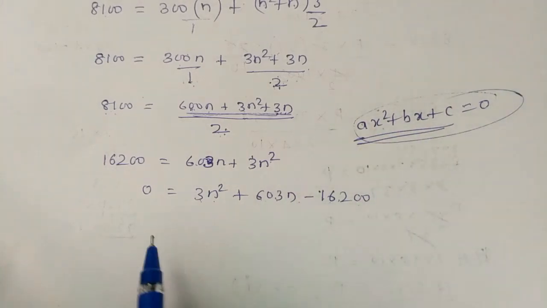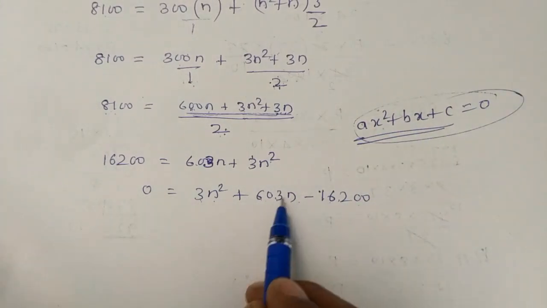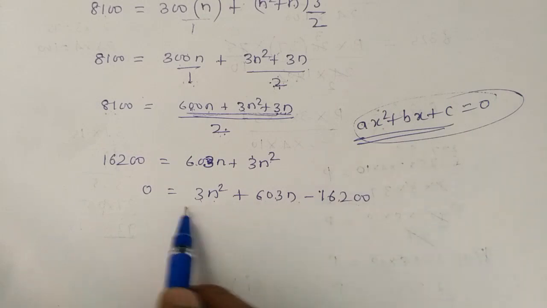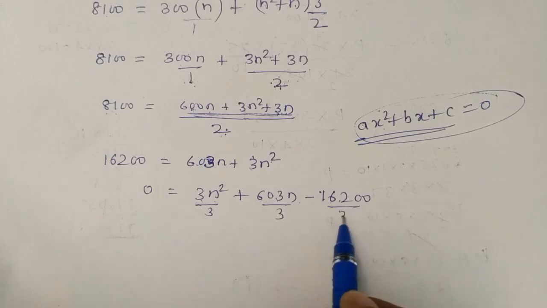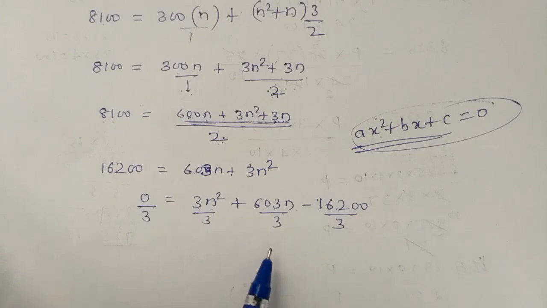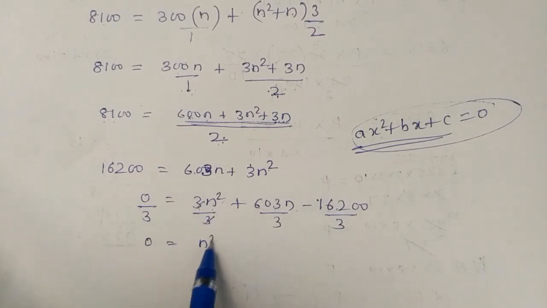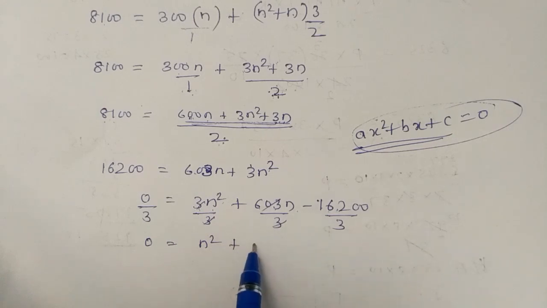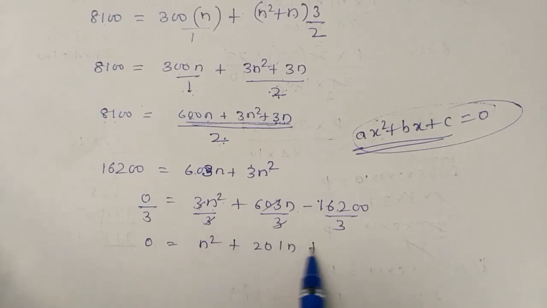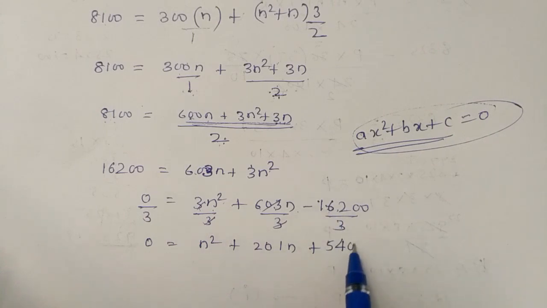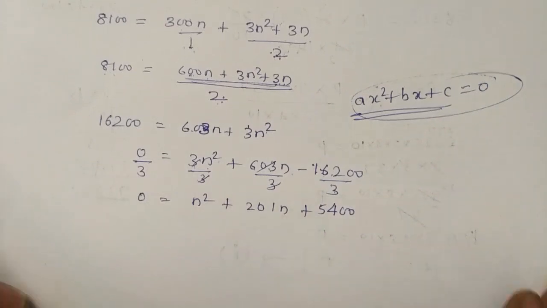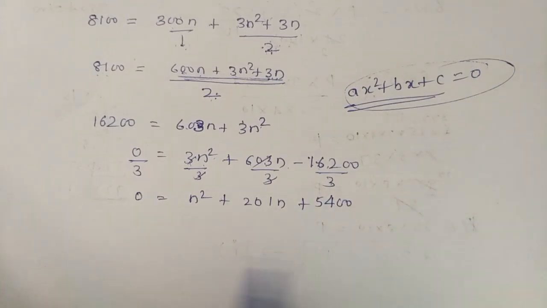Quadratic equation standard form. But here, in all three terms of the quadratic equation, 3 is common. Let us divide all terms by 3, even on the LHS. So you divide all 4 terms by 3. 0 by 3 is 0, 3n square by 3 is only n square, 3 and 3 cancelled, 3 2s are 6, 0s are 0s, 1s are 1s; plus 3 5s are 15, 3 4s are 12, 2 zeros. So this is the final least form of the given quadratic equation.